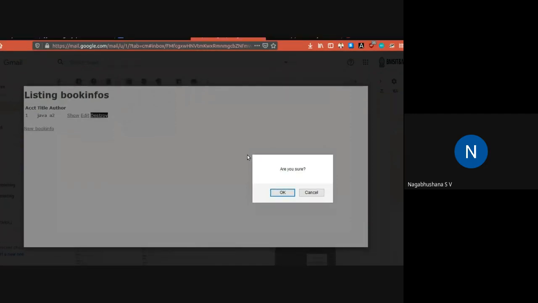It will show you show, edit, and destroy. Now if I want to delete, if I click on destroy, it will ask you, are you sure? If you say okay, it will get deleted. Or if you want to create a new record, again you can go back by clicking on new book info. Okay, next.